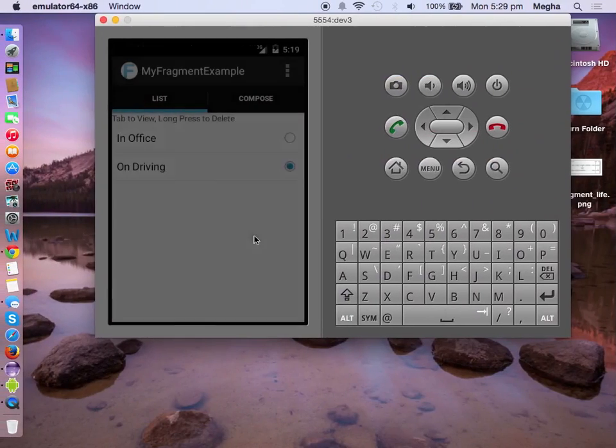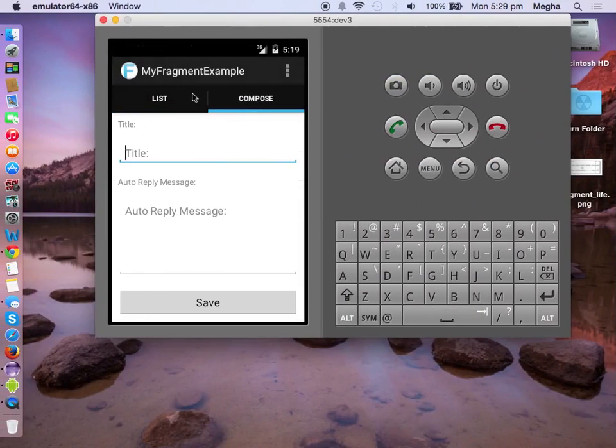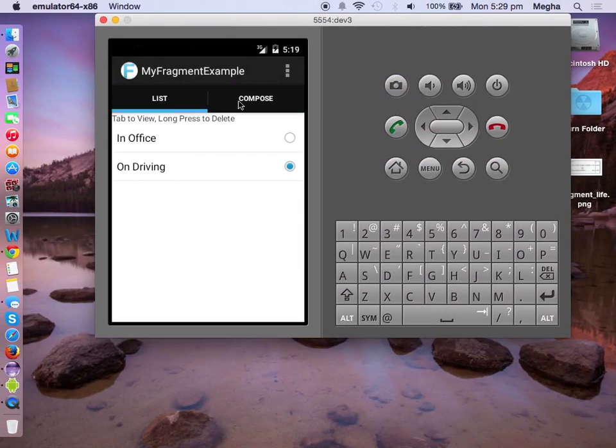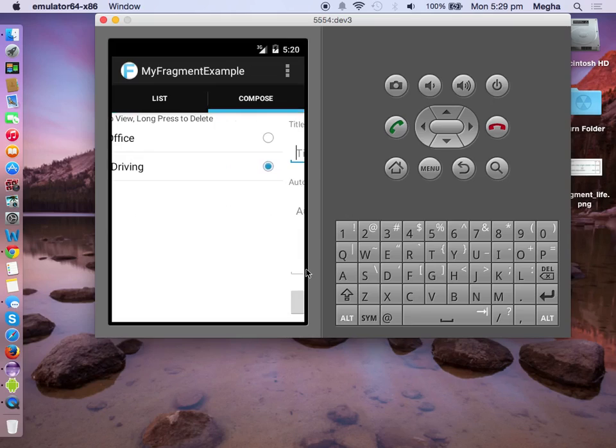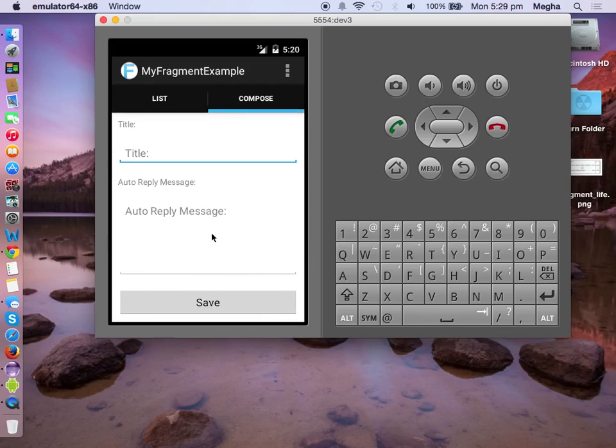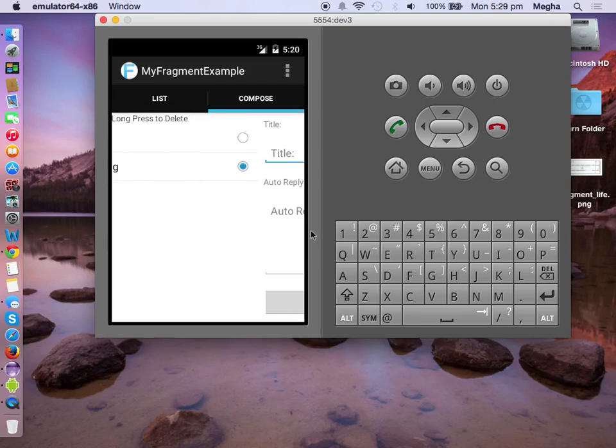So today's simple example, what we have seen is a simple tab view, or looking like a tab, and view pager. Along with that, two different views or two different fragments have been loaded inside the view pager, and both the fragments interact with each other. The second fragment interacts with the first fragment directly, whereas this particular fragment reports everything to the hosted activity, and it's up to the hosted activity to handle the callback or send it to some other